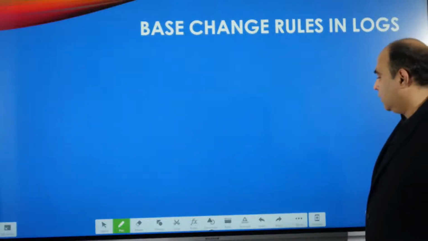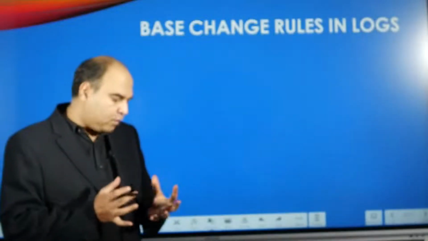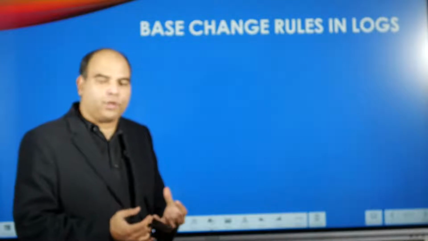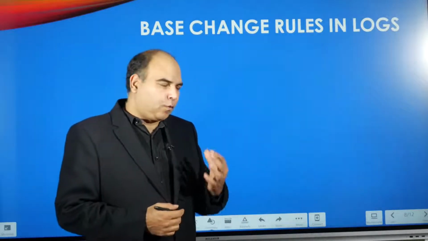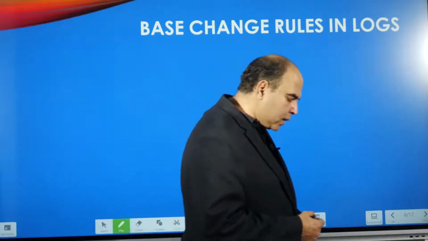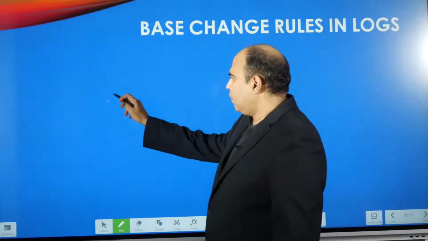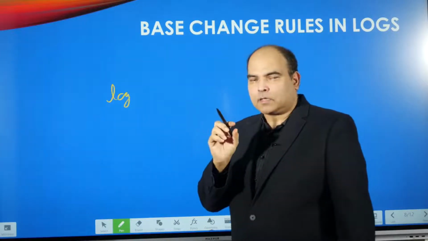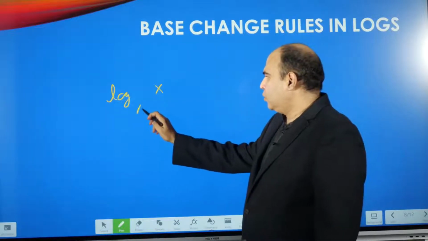Then there are certain base change rules. Many times when you don't have a base change rule, or when you don't have a situation in which the bases are the same, then you feel a lot constrained. You feel hugely constrained in those questions. So for those, there are 3 rules that you need to know, the 3 base change rules that allow you to change bases. The first one is a constraint rule, in the sense that what it says is, if I've got an index in the base, suppose I'm saying log x to the base a raised to b.